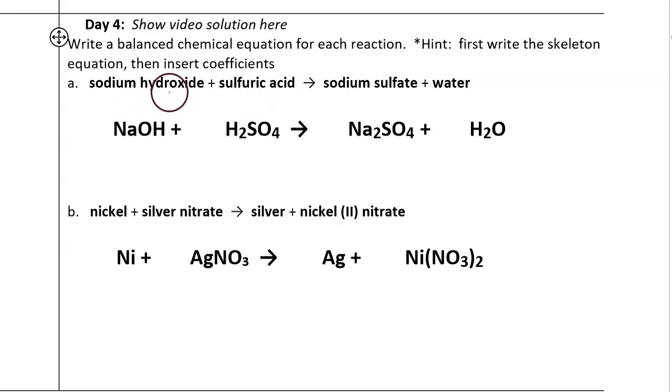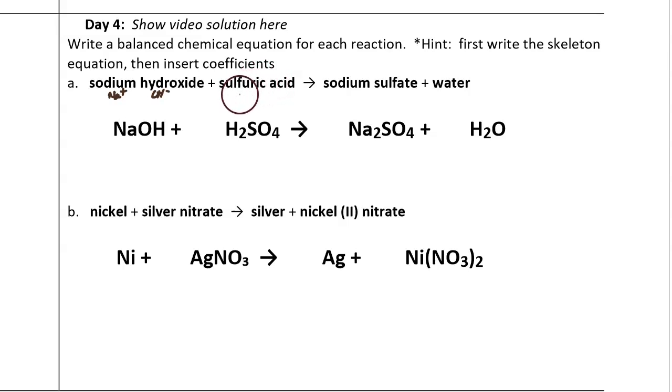Sodium hydroxide is an ionic compound made from sodium and hydroxide. Sodium is Na positive and hydroxide is OH negative. So it only takes one of each of them to make the balanced formula. It's NaOH. Now, sulfuric acid, being an acid, requires the use of the acid rules to come up with the